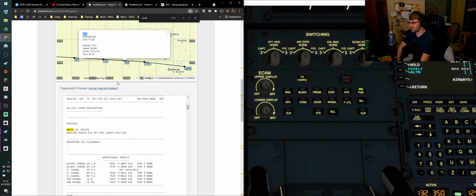I don't understand. Or wait, maybe the actual... maybe a waypoint is different from a VOR. Maybe the waypoint is a Dupo and there aren't any waypoints in my flight plan. Well, regardless,